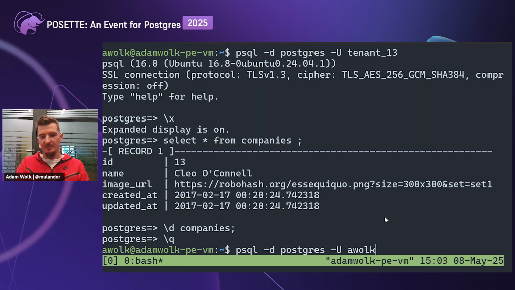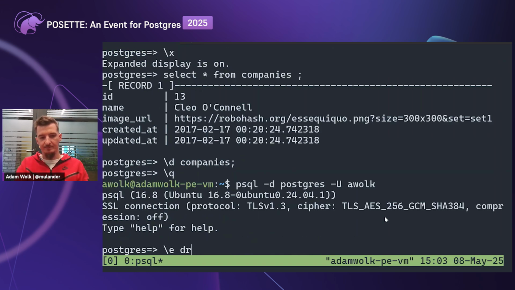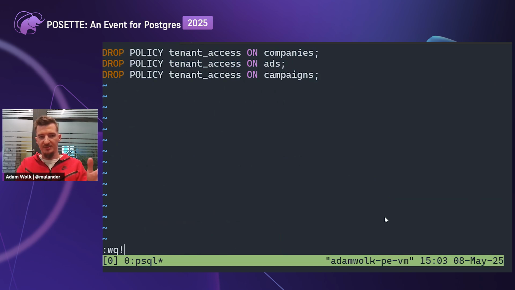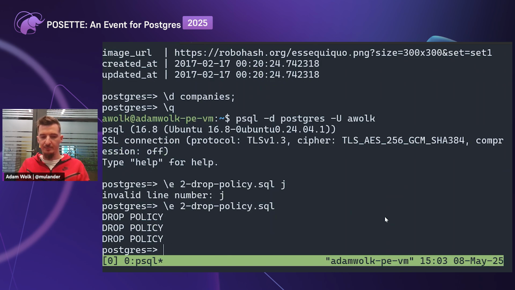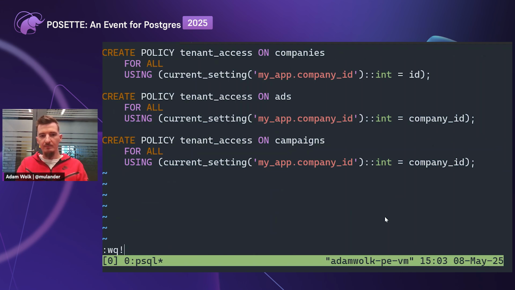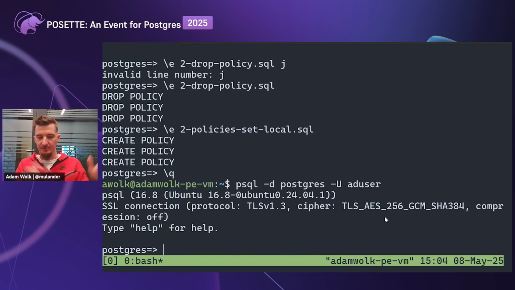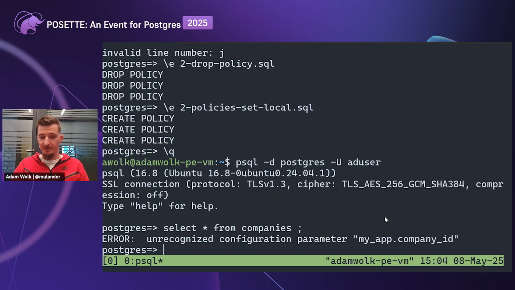Okay. So let's drop this policy. Typo. This is just drop policy name from the company's tables. And let's define the second policy, which is the set local based policy. So now with this policy in place, if I'm connecting as advertisement user, for example, so nothing related to the tenant setup that we had before, and I do a query from companies, it will fail because I didn't define this set local variable.